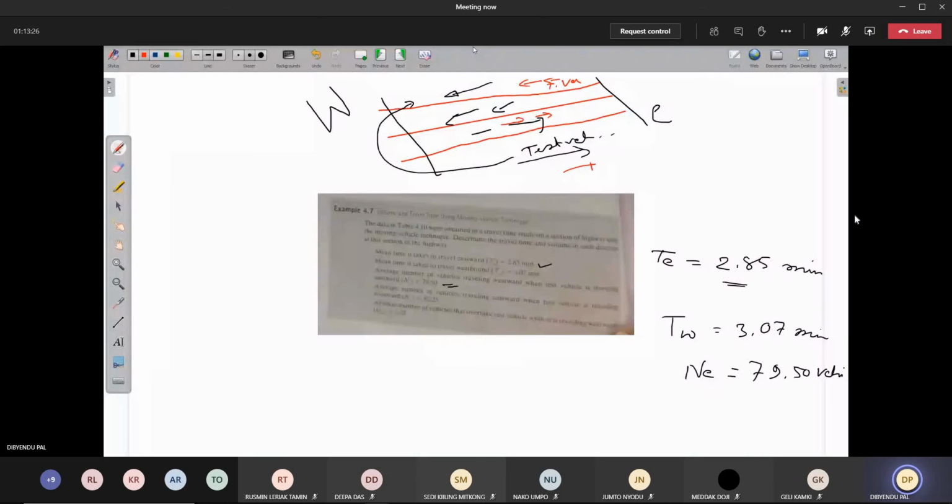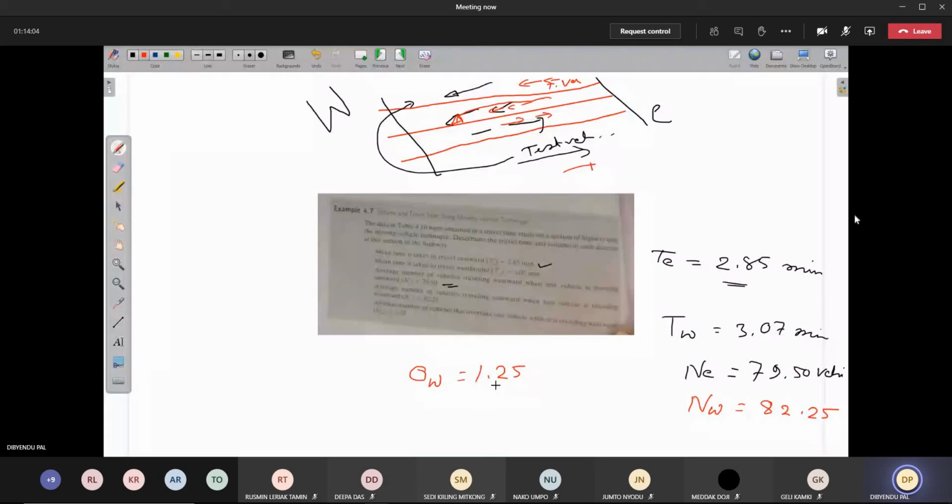Next one. Average number of vehicles that overtake the test vehicle which is traveling westward. So when the test vehicle was traveling in the west direction, what is the number of vehicles that overtake the test vehicle? That value we say is OW. OW means the number of vehicles that have overtaken the test vehicle when the test vehicle was running in the westward direction. That value is given as 1.25. Again, it is the average of the 8 sample data, so that's why a fraction is coming.